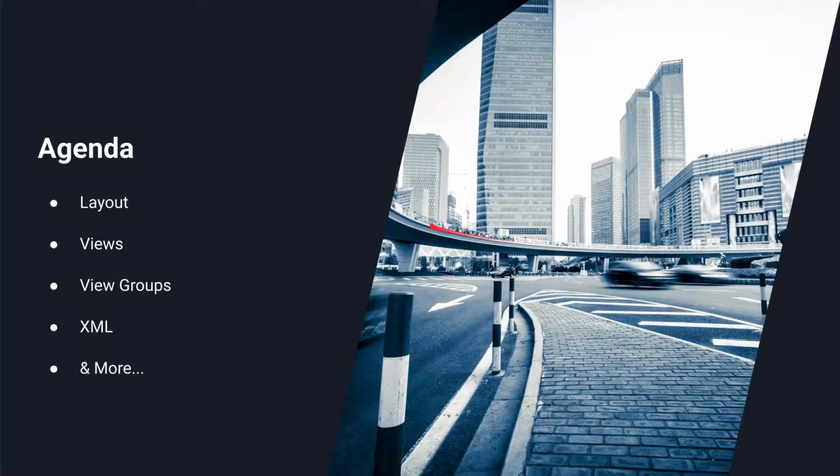So just to give a quick overview of what we're going to cover in the next video. So the agenda of this series, basically we're going to look at every single or majority of the primary components that make up the whole Android UI ecosystem. So the whole user interface ecosystem of the Android operating system, we're going to look into in more detail in the next videos. So the agenda of this series is to look at layouts, what layouts are. So they are the main fundamental key part, which we will start with, and then make our way through views, what views are in Android, what view groups are in Android, so basically a cluster of these views, and then